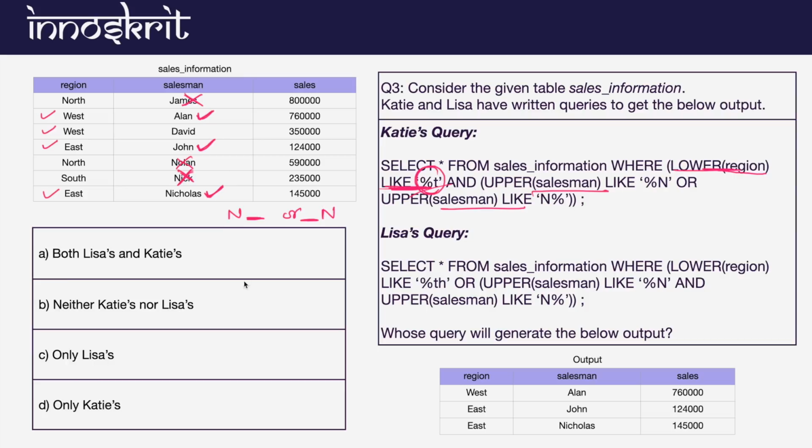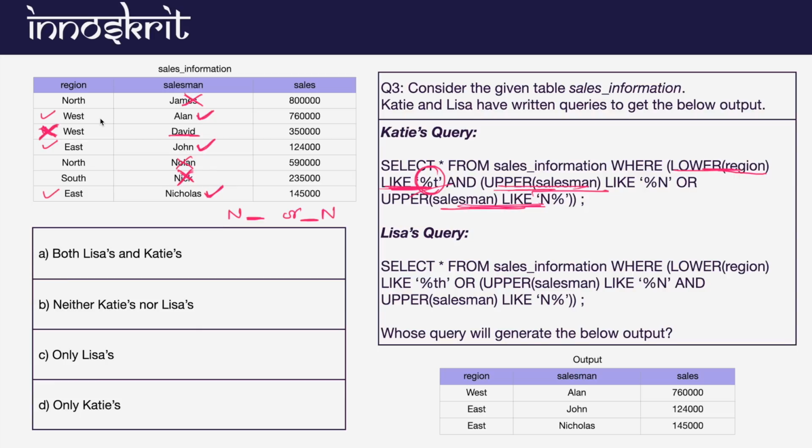So we have these three values which are either starting with N or ending with N, right? So finally this particular row will also be neglected because the second query is failing. In this particular salesman, David, neither does the name start with N nor end with N, right? So this particular row will also be neglected.